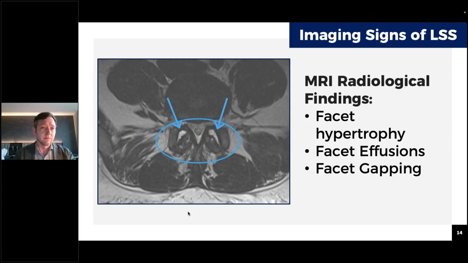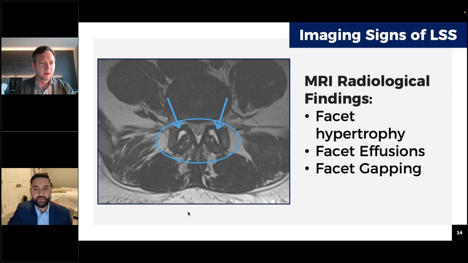And of course, we also see some associated signs. Facet hypertrophy is essentially ubiquitous among patients who have spondylosis, but especially any degree of spinal instability. As Dr. Beauvenet said, both facet effusions and facet gapping are very good indirect signs of some degree of instability, whether that's micro instability that could be symptomatic or something that would show up as a 3 millimeter or more translation on the radiographs. And so these are great things to look for when you have MRI, but not the flexion-extension films yet.